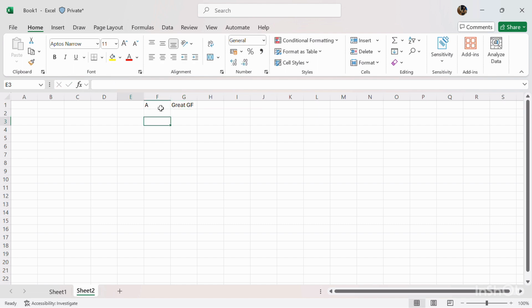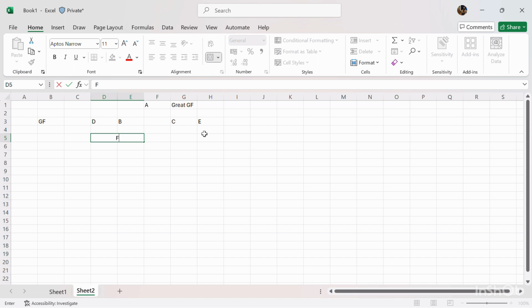Then we have two grandfathers, B and C. Now these grandfathers got married to grandmothers called D and E, and both of them have a kid. Let me merge these so that it becomes easier. So they have one kid called F,